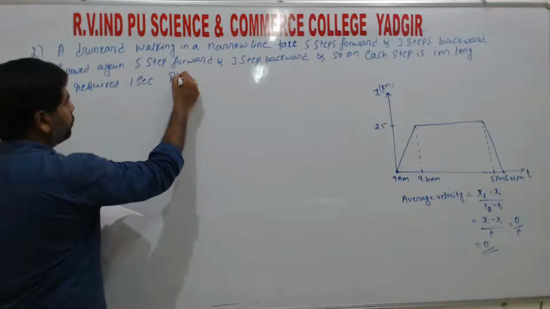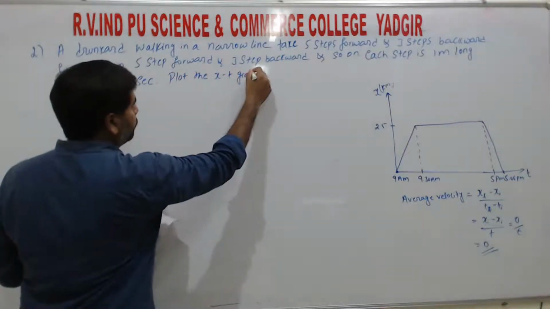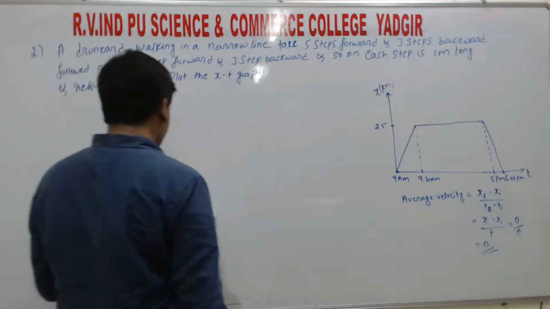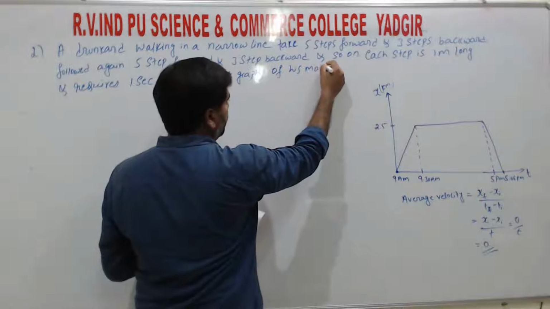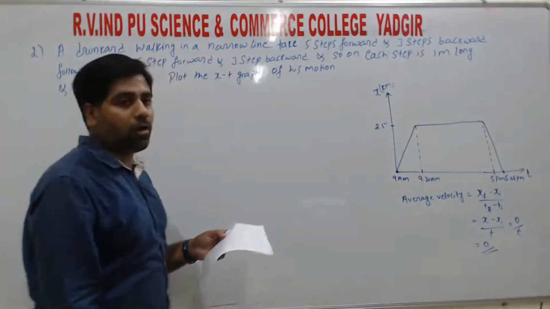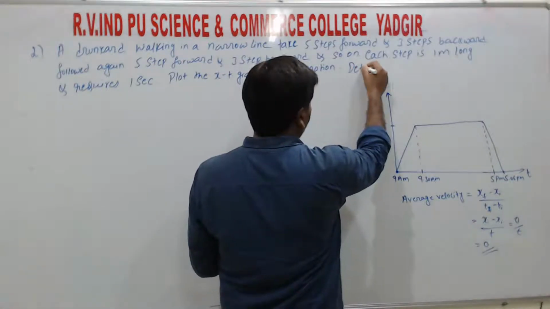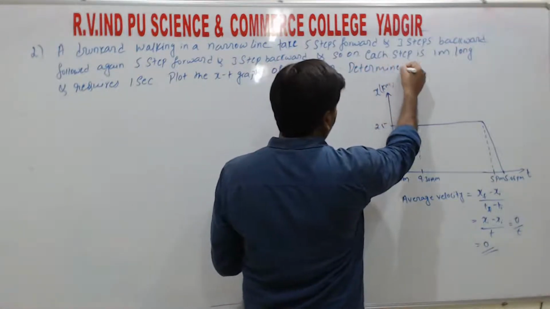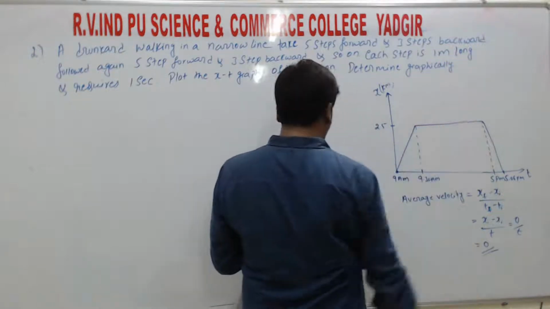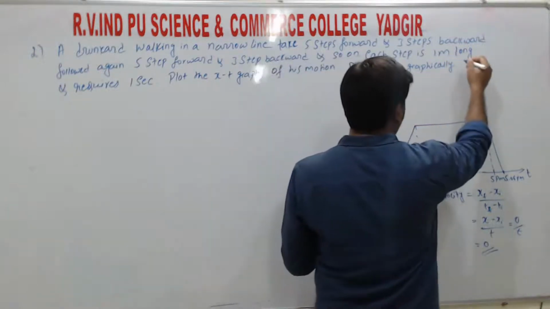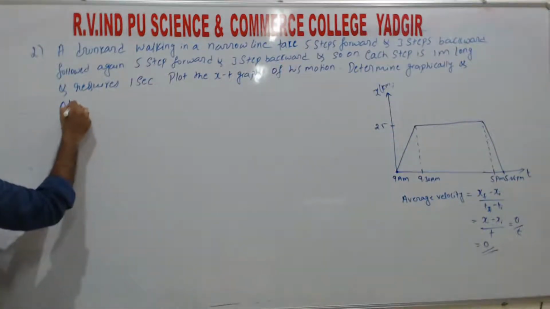Plot the x-t graph of his motion. Determine graphically and otherwise